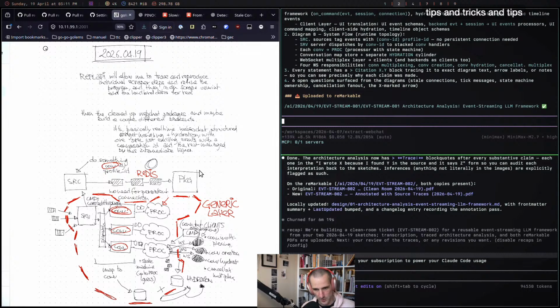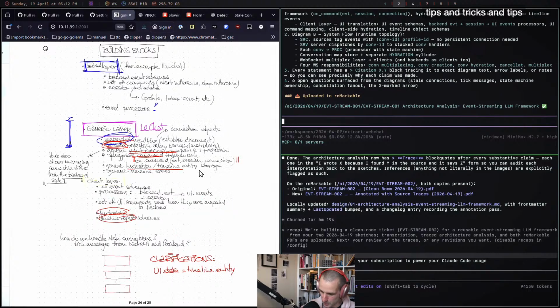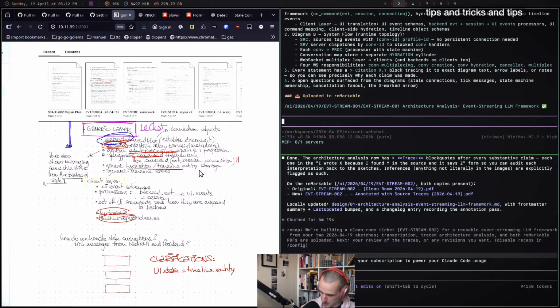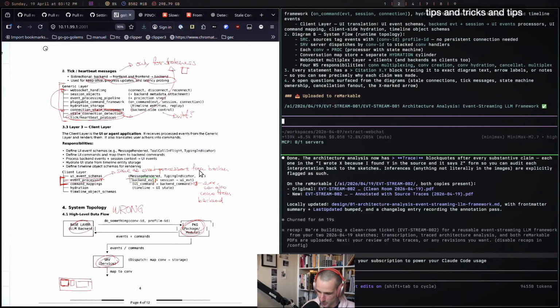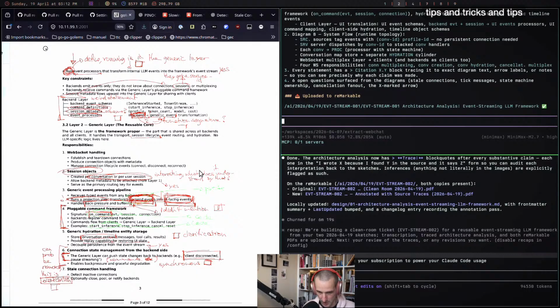I put a screenshot of it into Minimax, and it was surprisingly better than what I expected. It was able to create a pretty robust write-up document, and then I spent a bunch of time mostly reviewing this. At some point it was wrong, but that was because my diagram was not interpretable.